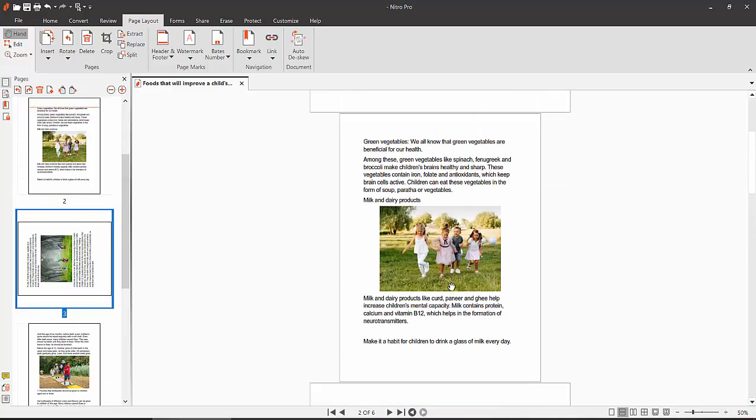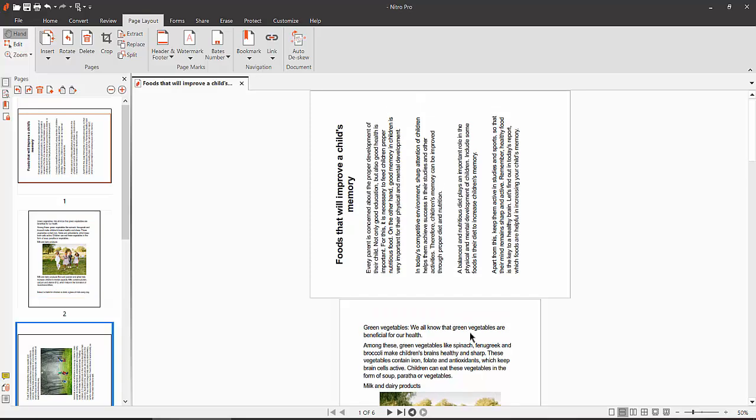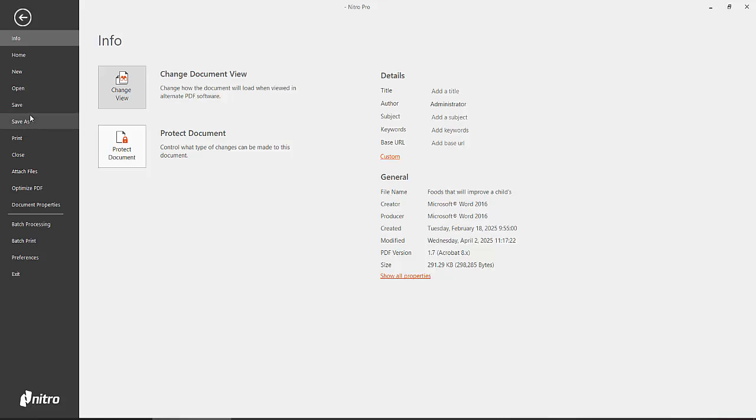In this you can select specific pages or specific page range, and finally select this file option, save or save as a